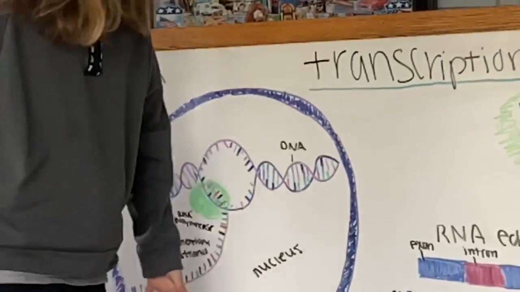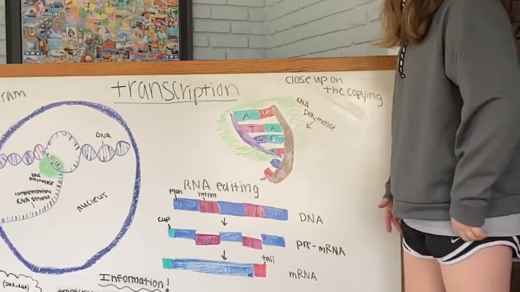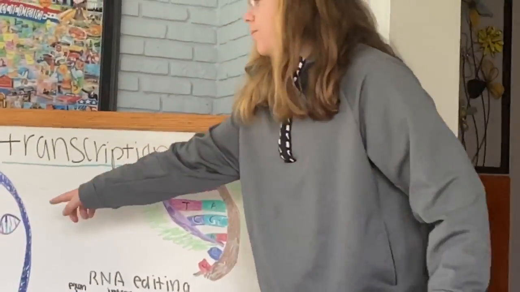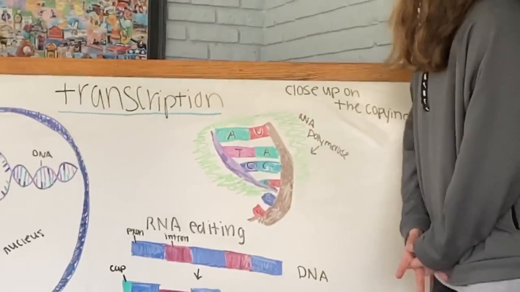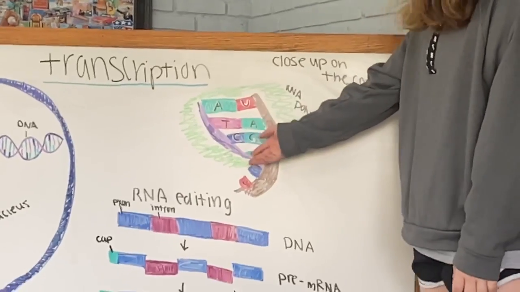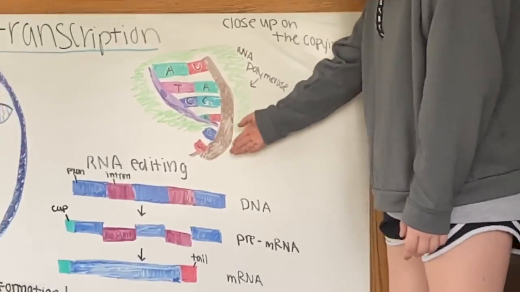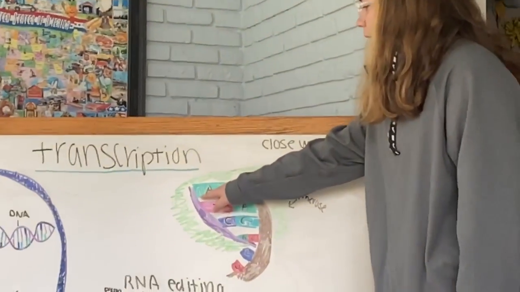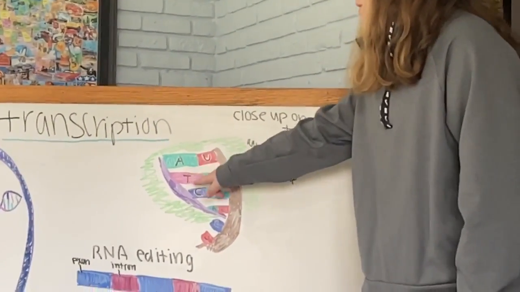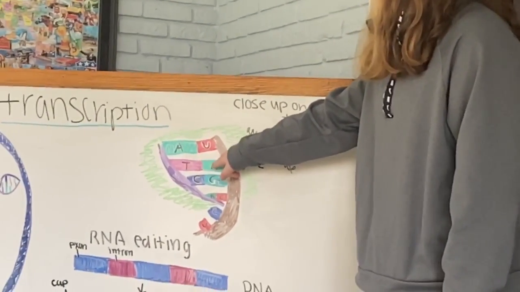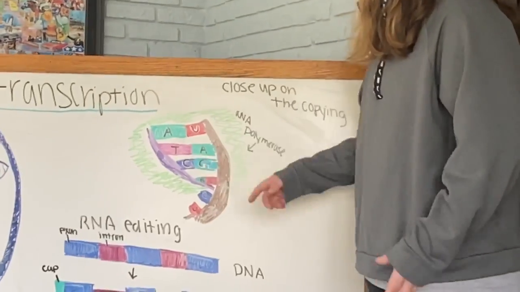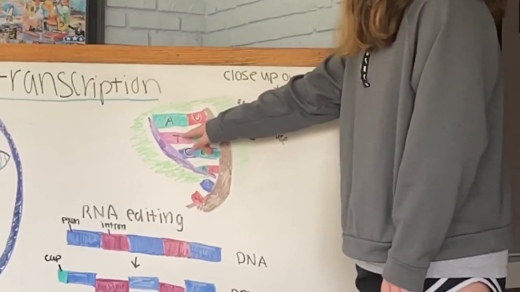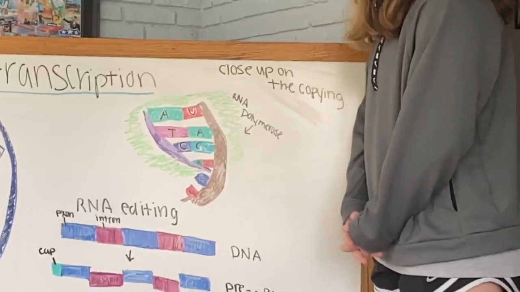Then over here, I drew a close up of what is over here. It shows the bases on the DNA strand and the bases on the RNA strand. So it shows how A is the opposite of U, T is paired with A, and then C is paired with G. And as you can see, there is no T on this side because T is not in